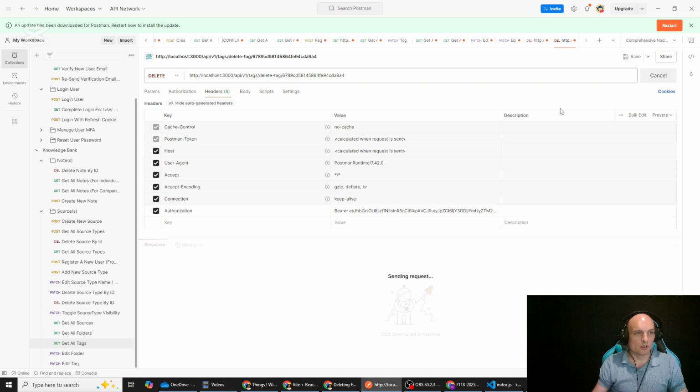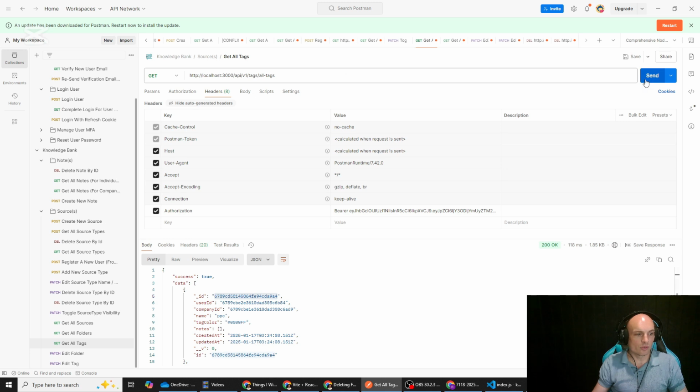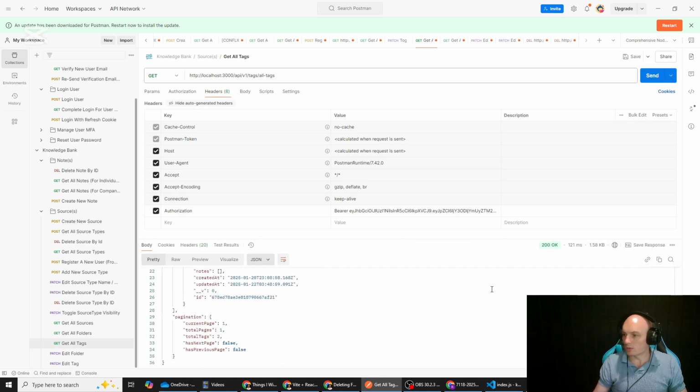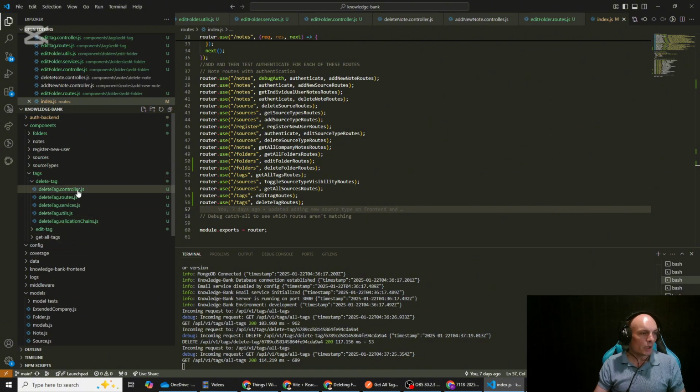Right, now hit send. Tag deleted successfully. If we go here to get all tags, that one there, PPC, should disappear, and it's gone. So what's that? 15 minutes, including me talking and explaining the logic. We've successfully created 2 new API endpoints, one to delete folders, one to delete tags, and just run through this